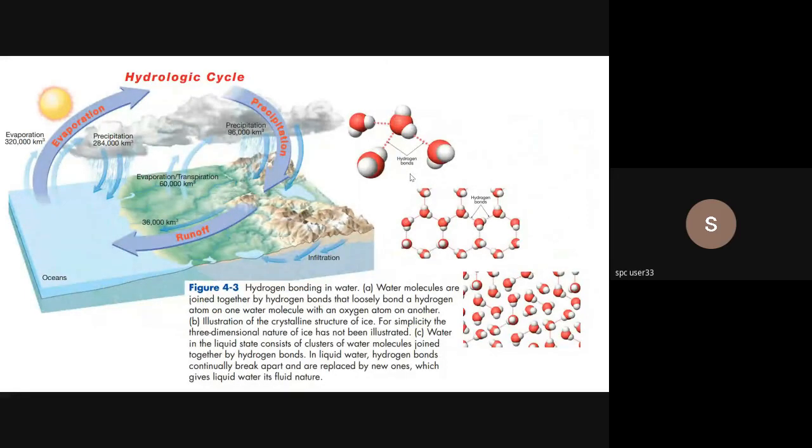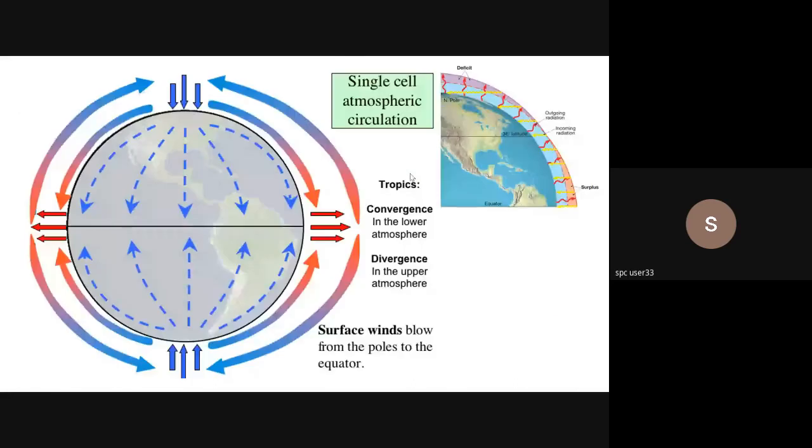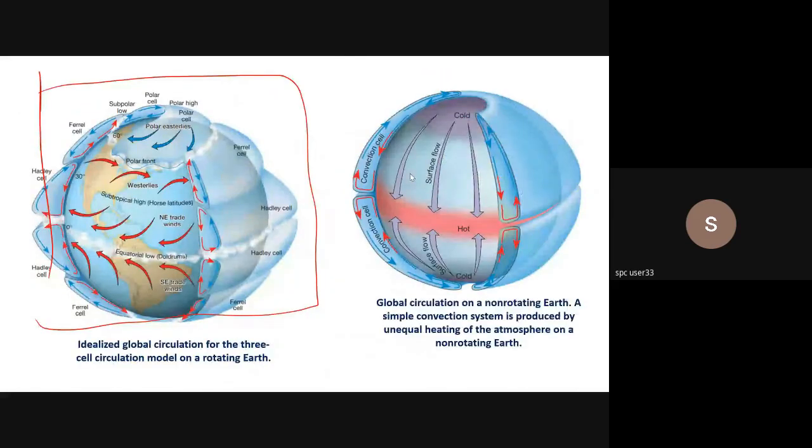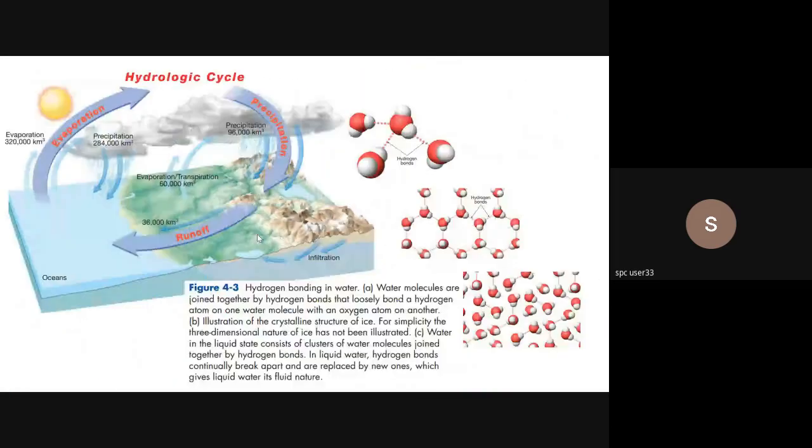Now we need to go ahead with the hydrological cycle, and till now you'll see that we have not introduced water anywhere in the system. Okay, all we have been speaking about is the pressure, etc. Yes, we spoke about water vapor, but nobody asked where this comes from. So a very important component of the atmosphere, particularly the troposphere, is water. Before we go into understanding how water enters and goes out and how it plays a role as a weather phenomenon in the form of precipitation, either rain or hail or snow, we need to understand a few things about water, the hydrological cycle, which happens to be a part of your syllabus.